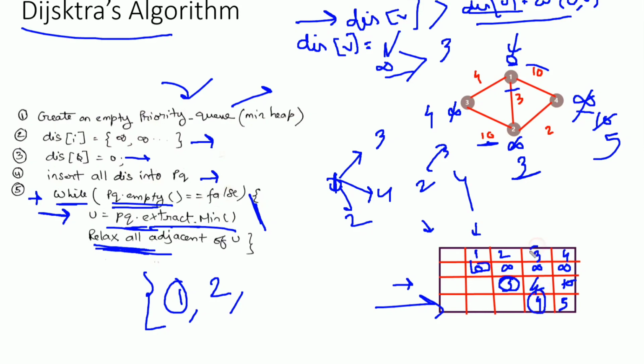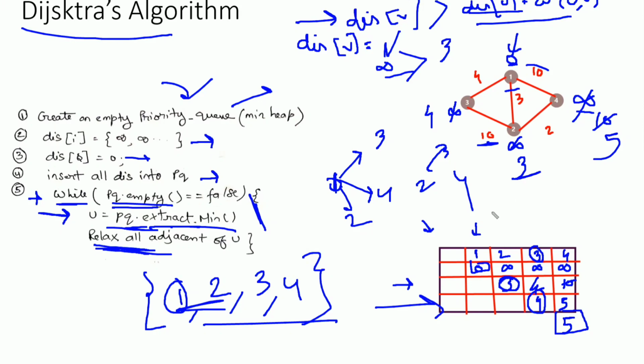So we will include vertex 3 in our set. It means that we have visited this vertex, and we'll start iterating over the adjacent vertices of vertex 3. In the graph, they are 1 and 2, which are already in our set, so we'll not visit them again. After this, the remaining vertex is vertex 4. Its adjacent vertices are all already included in the set, so we'll simply include vertex 4 also in the set, and we'll get the minimum value from the source to each of the vertices.